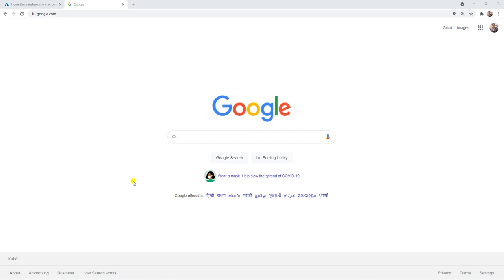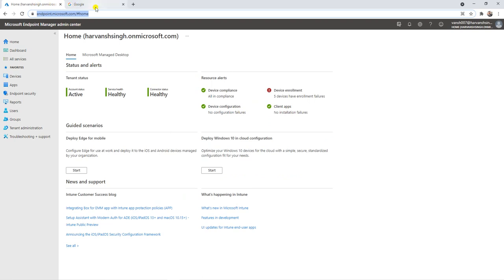So in the Intune tutorial today, I'm going to add one more video about how we can go through our Intune console. Today's video is about the Intune console overview. This is the Intune console. I can say it is the Microsoft Endpoint Admin Center, the MEM console. Once you log in, you will see this screen. I want to explain where and what you can see in the console, or how you can see the devices, health check, or other things. So let me start this video now.